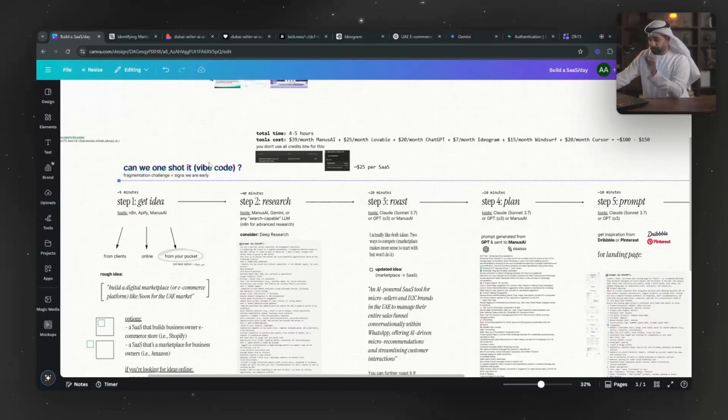And a very important point I want to make up to now is, you see these three steps we went through, different tools we used. What if we could vibe code this? What if we could just write one prompt, get me an idea, research it, and roast it, and give me the final plan? So this is where we can solve the fragmentation, and where the opportunity lies for you if you want to build SaaS, let's say, that goes from step 1 all the way to step 8 and does everything for you.